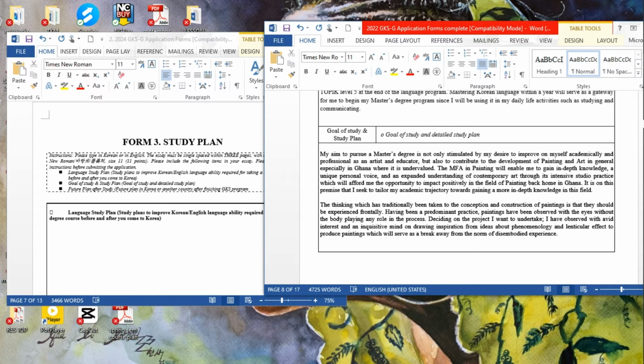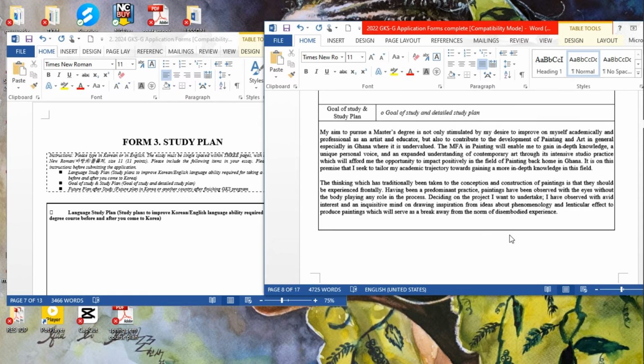So, goal of study and detailed study plan. All right, let's start. My aim to pursue a master's degree is not only stimulated by my desire to improve myself academically and professionally